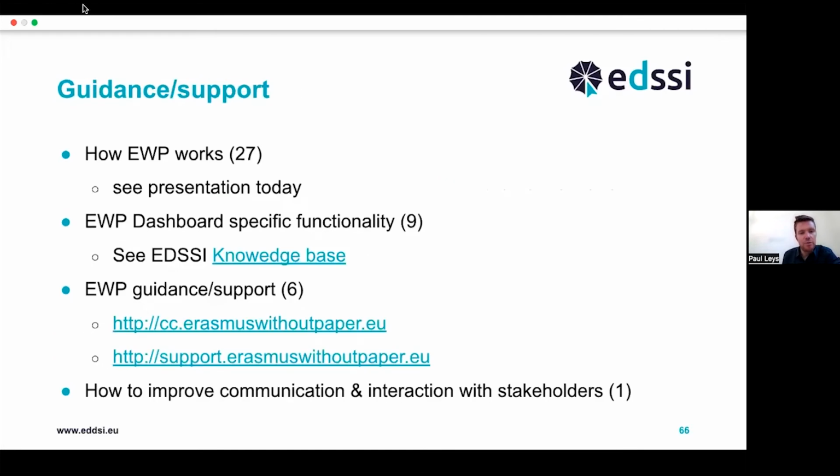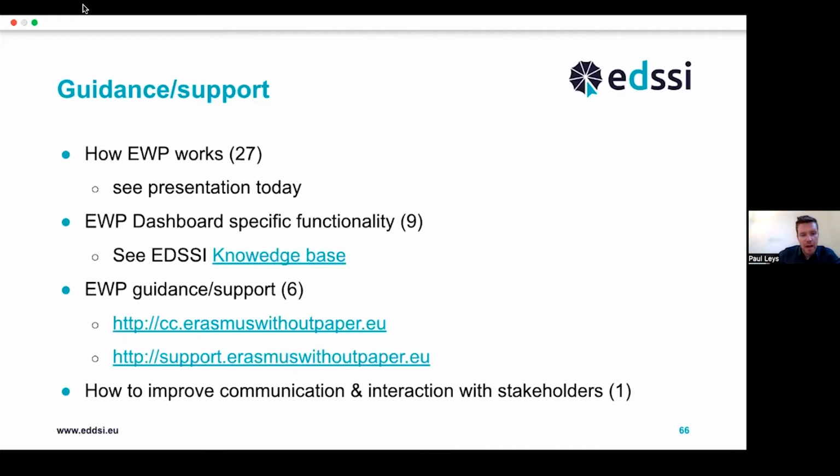If we then look to the next group of questions, it's about guidance and support. I hope that we did answer the first question, how EWP works, in the presentation today. The EWP dashboard specific functionality, we provide you with a link to the knowledge base where you can find the articles and videos related to the EWP dashboard. General guidance and support is available via this knowledge base as well. You can see the link there, and via